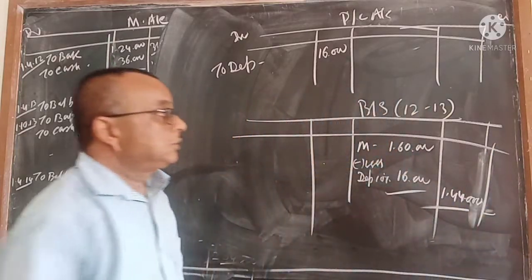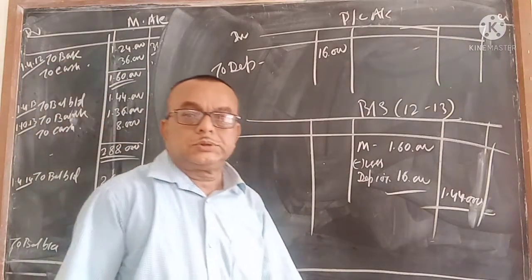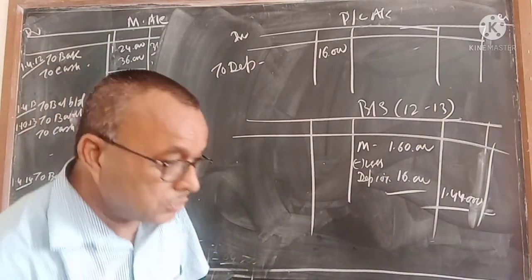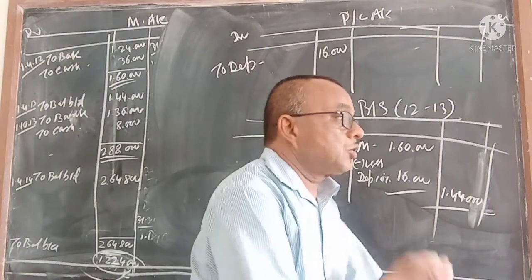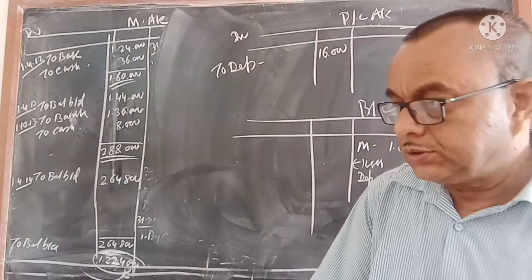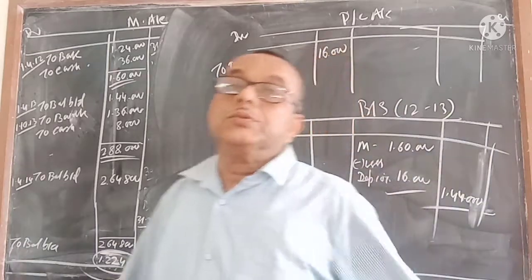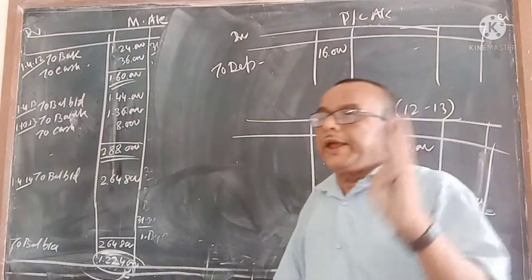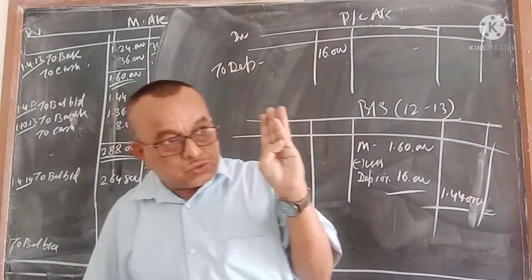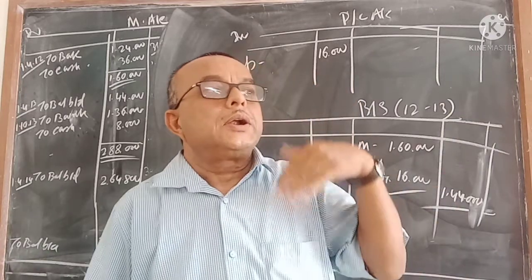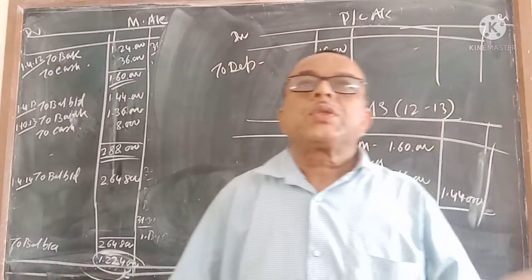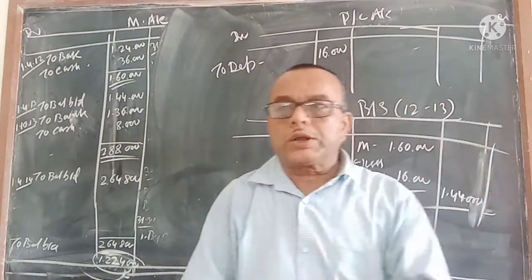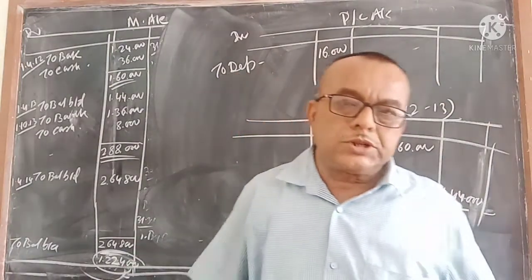But this is called accounting effect. Nothing else. You look at the board and you will find out. Look at the textbook, you will find such questions. Students, once again I want to tell you, when you read the questions, collect the data in the proper way. The data will be date, amount, percentage, sold on which date, purchased on which date, in which method depreciation was charged, and when it was purchased. You will get some idea about this. So think first and do the working. Once the working is correct, the machine account will be correct.